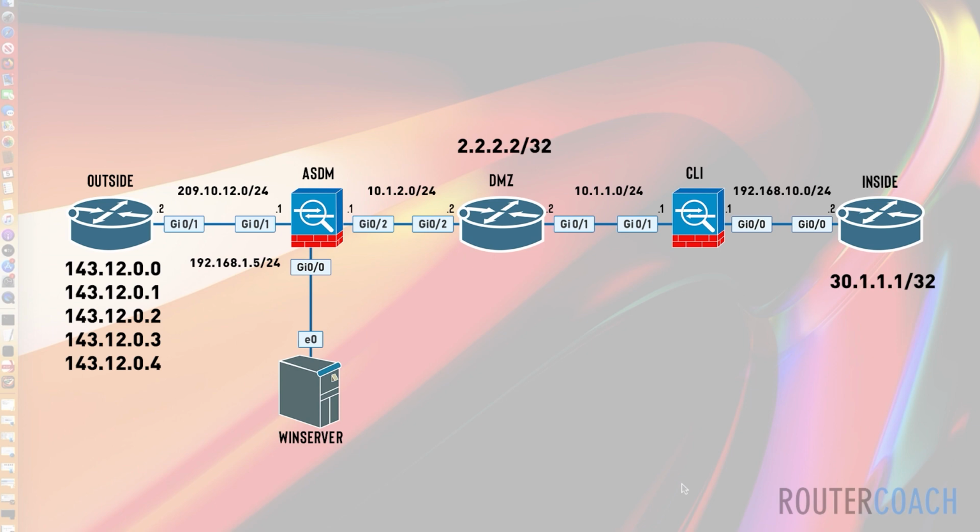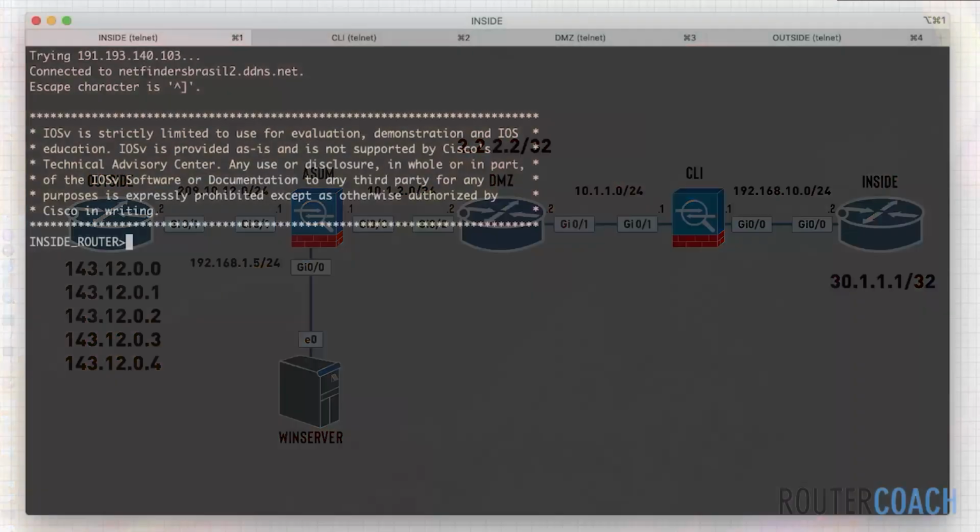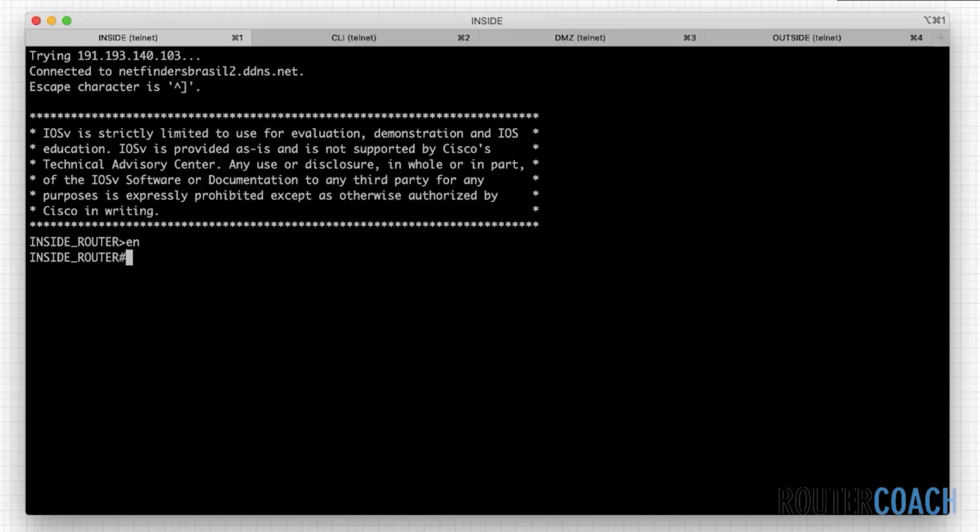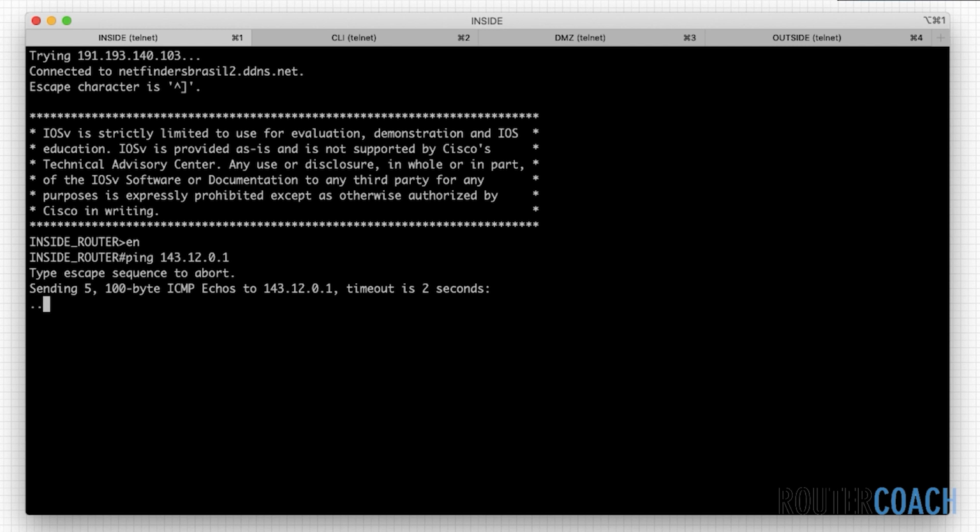So if I jump onto our inside network, we shouldn't have reachability any longer to any of the loopbacks on the outside network. So let's do a ping 143.12.0.1. And I'm sure there'll be some other things that will trip us up along the way, but